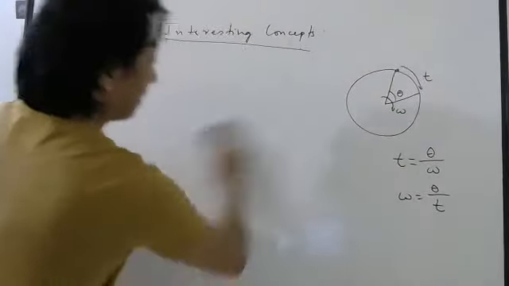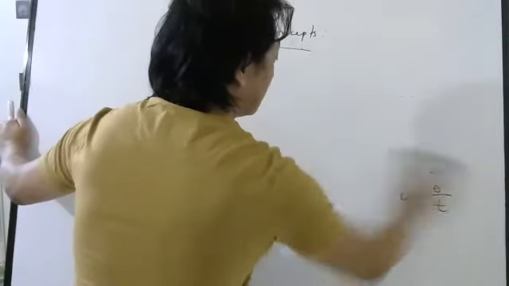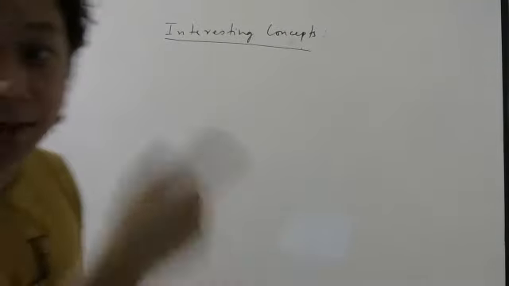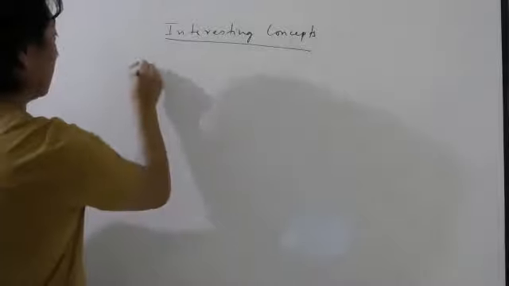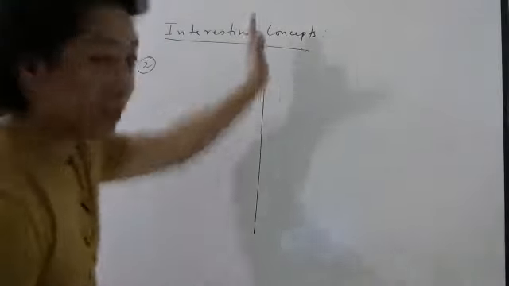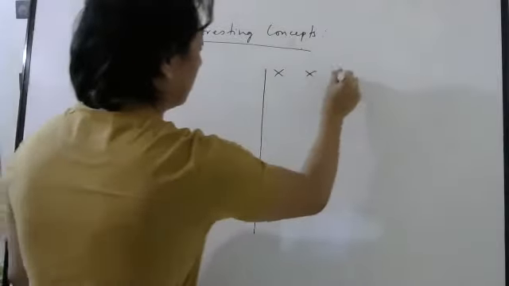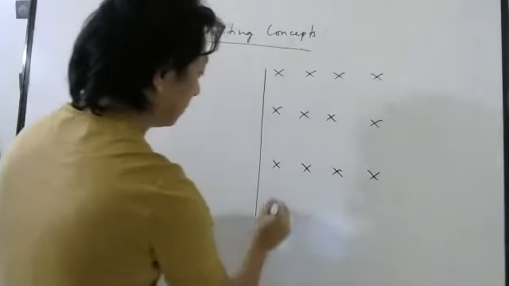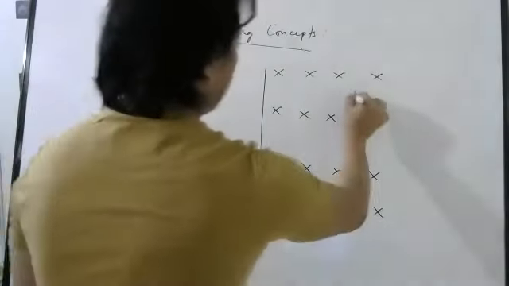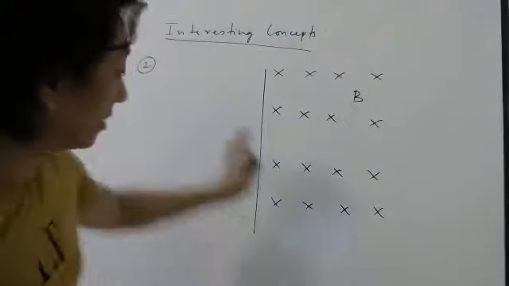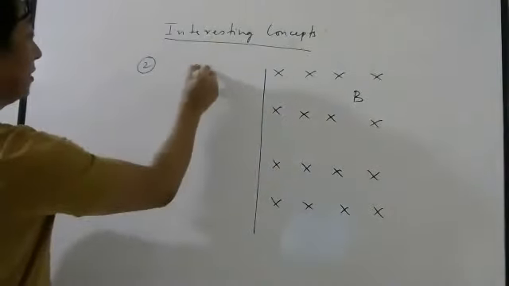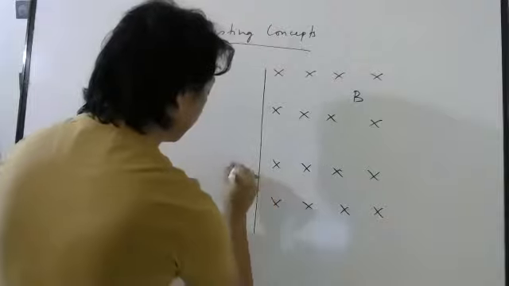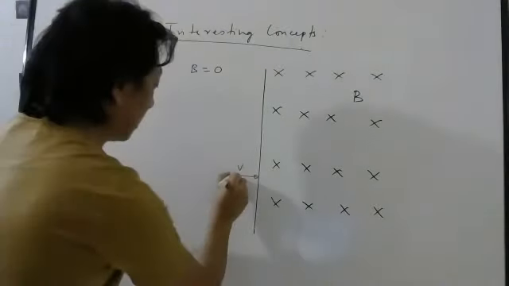Now, every time it may not be able to move in a complete circle. Look here, second concept. Suppose there is a line here and I say the magnetic field is only on this side, into the board. On this side there is no magnetic field, so here the magnetic field is 0. Now imagine the particle enters like this. This is the velocity. Let us take a positive charge.